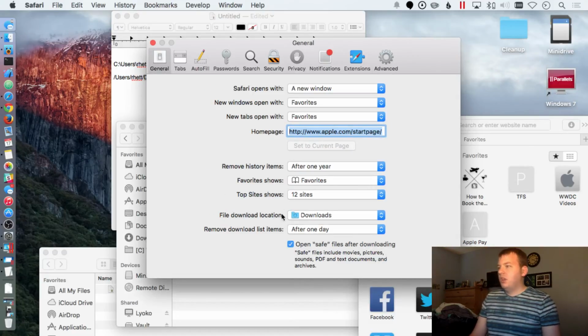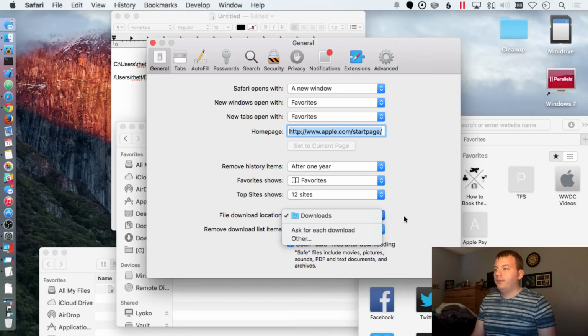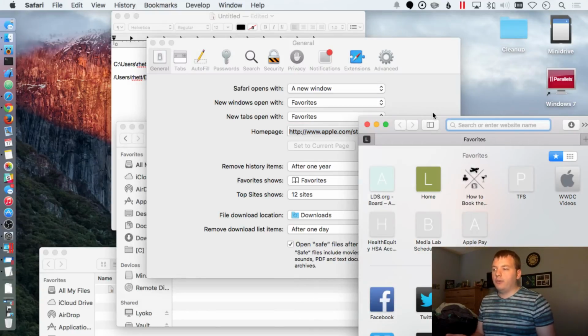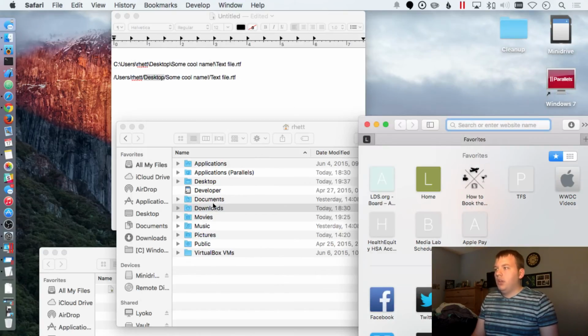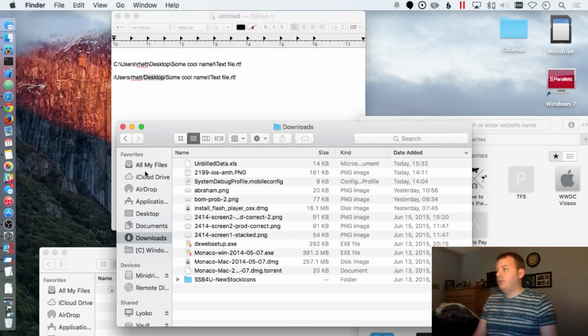Oh, here it is. File download location. By default, it goes to the downloads folder. Most browsers will do the same thing. Okay? So your web browser, for the most part, if you download a file, it's going to end up in the downloads folder. Okay? And you can get to that because usually you'll have downloads here on the side, or